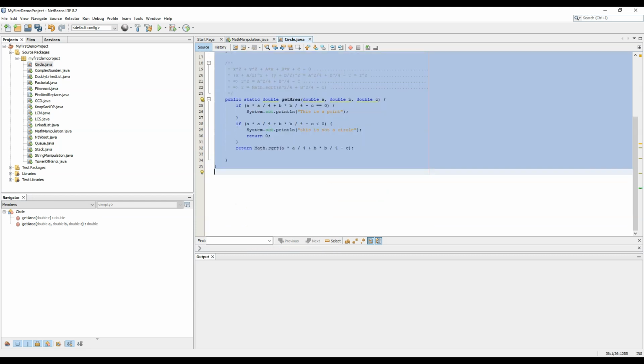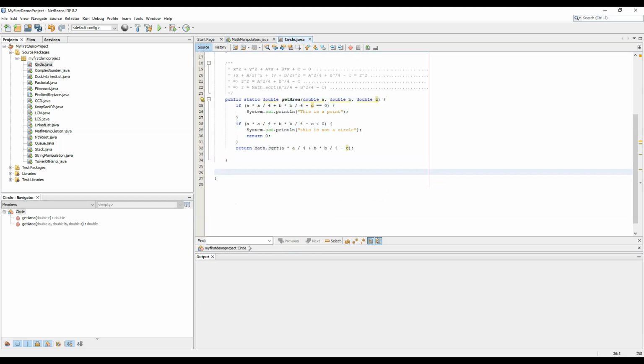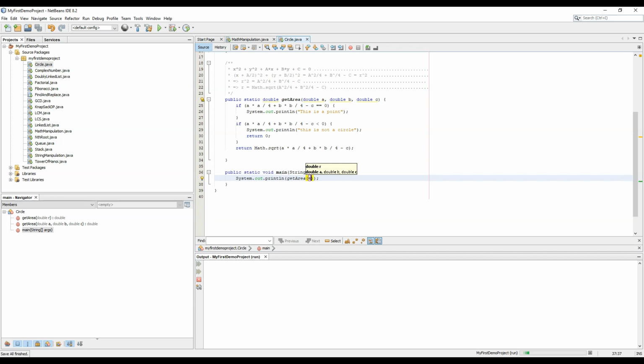So now we need to test the function. So psvm, let's check the first function first. So System.out.println getArea. What would be the area if the radius is equal to 4? The area would be pi into 4 into 4, that's 16 into 3.14. So it will be approximately equal to 50.26. So let's calculate the same